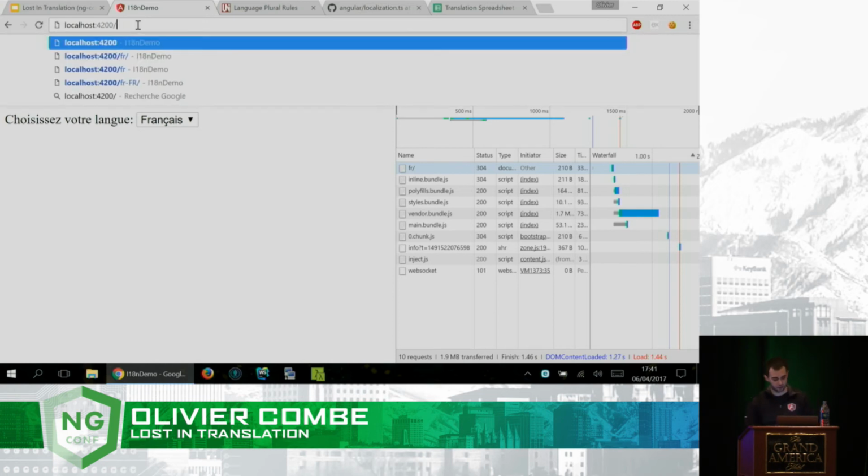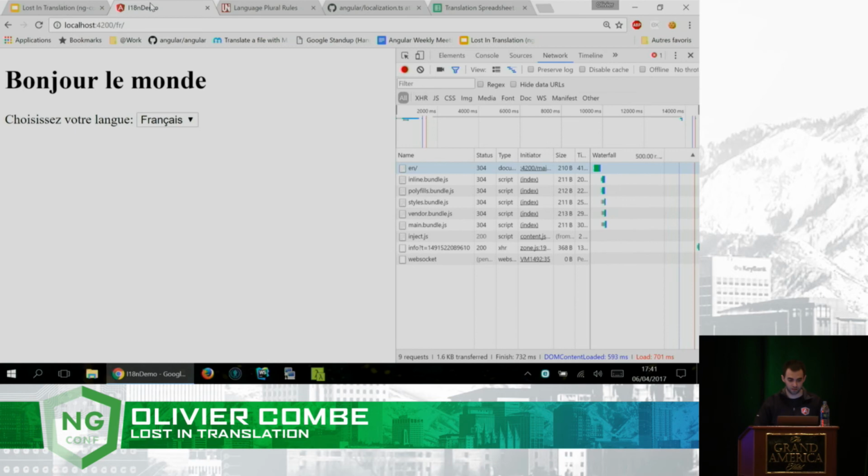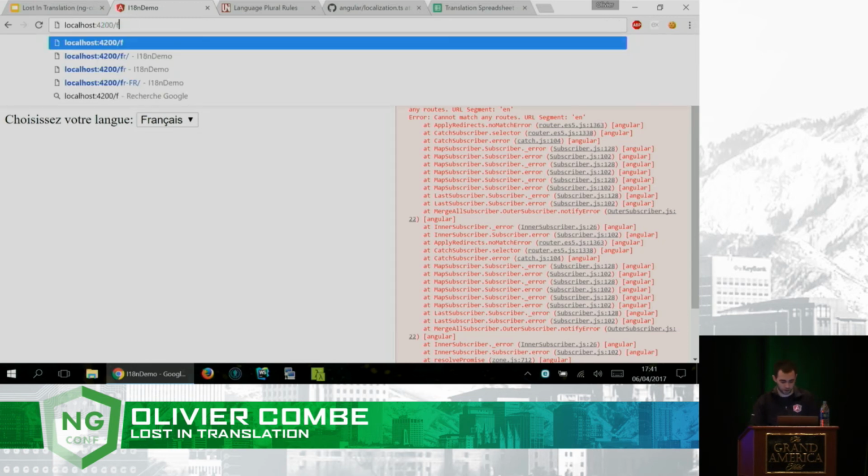The only thing is that, in this case, since I loaded the application with locale FR, if I want to use the English version, it doesn't work, you can see, because EN is not available, so it redirected again to FR,